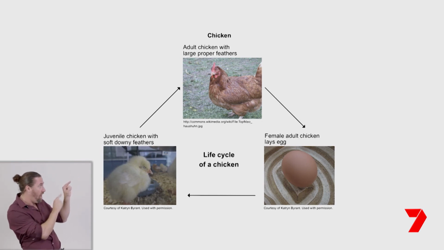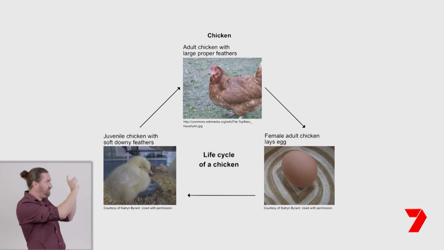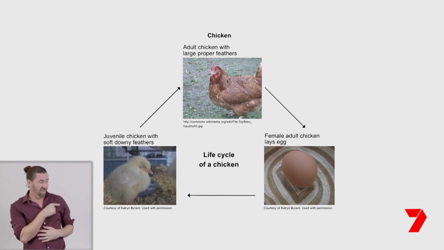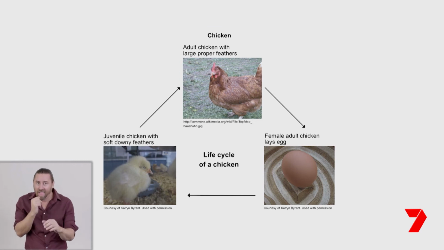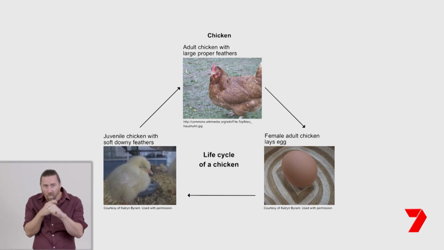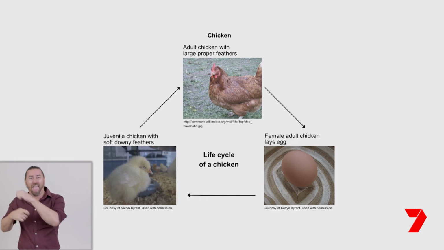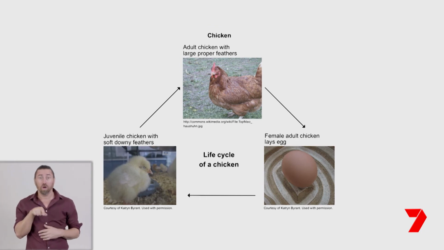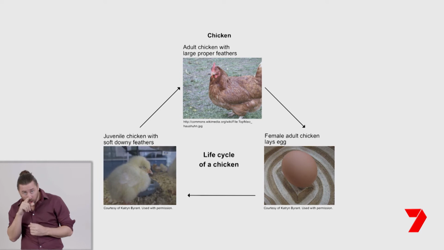The arrow points in the direction of animal growth or the next stage of development. Here we can see that young chickens are hatched from eggs. These juvenile chickens grow and mature into an adult. Once a female chicken has become an adult, it can lay eggs to hatch new chicks, and the pattern of